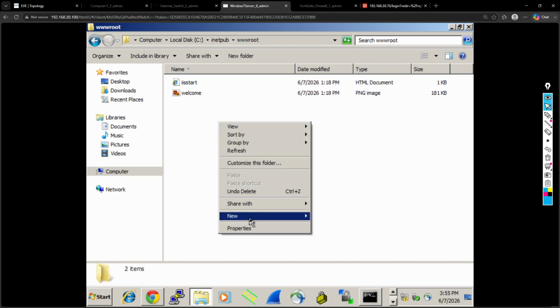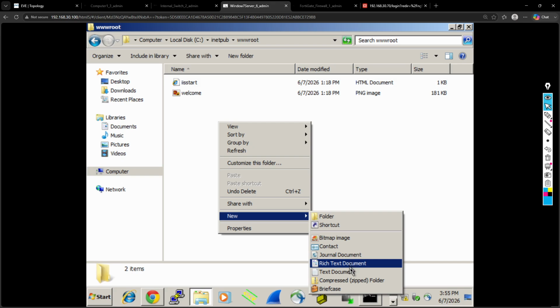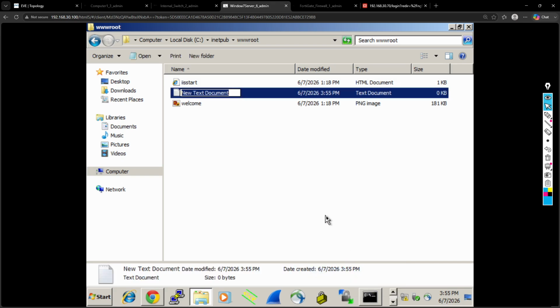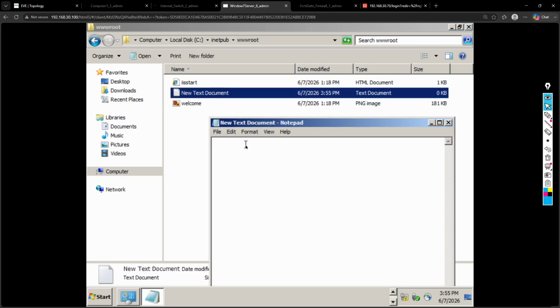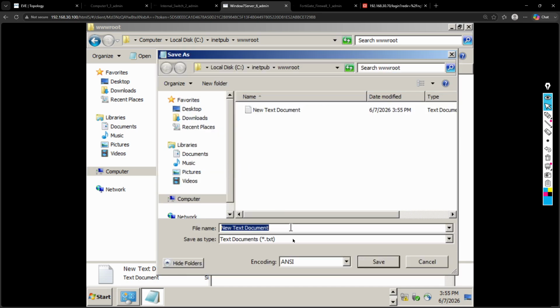So here I have to create a dynamic list. I'm going to create a new, simple text document. Okay. Double click and just give some IP addresses here, 192.168.1.1, 192.168.20.20. Okay. And next, the most important part you have to do: File, Save as, and here you have